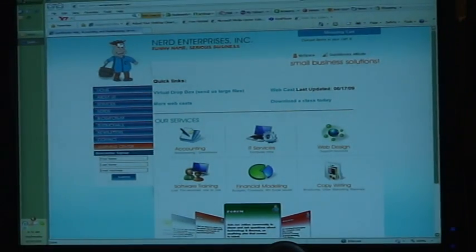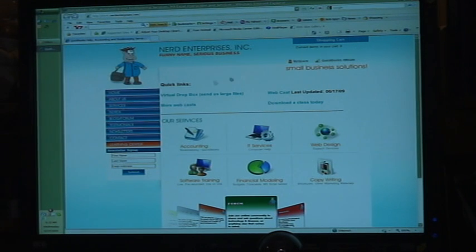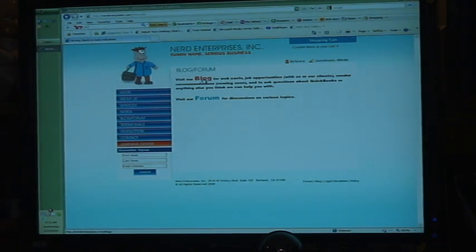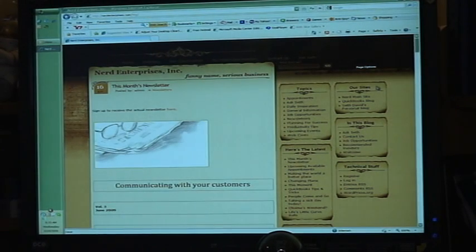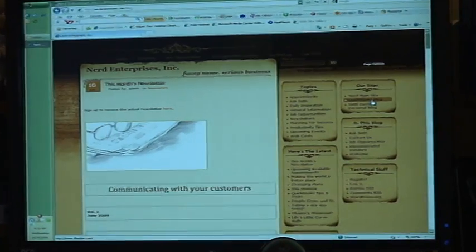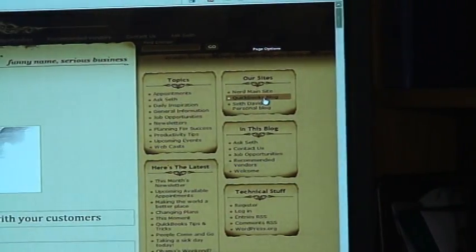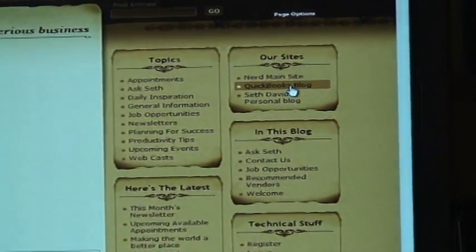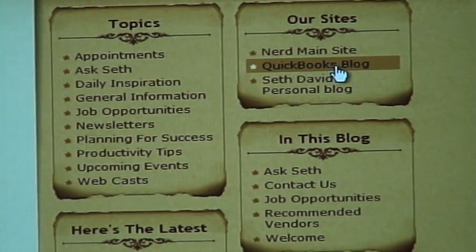Let me back up for you a little bit. What we're going to do is, while you're on my website, over here on the left, you're going to see Blog Forum. You click on that, and of course you're going to see a link that takes you directly into the main blog. This is the easiest way I can show you for the purposes of a quick webcast. Over here, all the way to the right, you'll see in our sites where it says QuickBooks Blog. Let me make sure you can see this properly. QuickBooks Blog. Click on that,